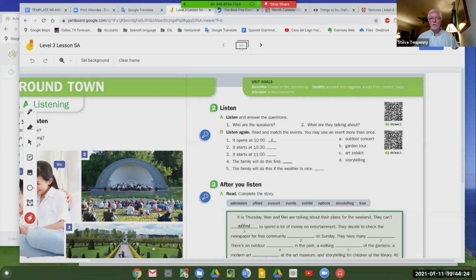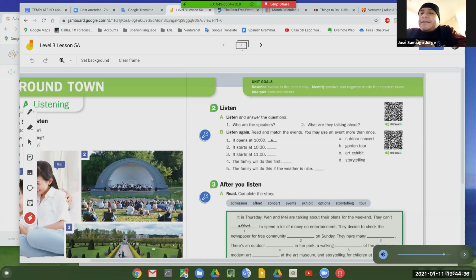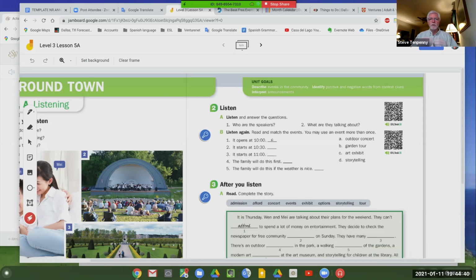Where were they looking to find what they wanted to do? Were they looking on their computer? No, it's in the newspaper. Yes, good. So they were looking in the newspaper, and you could hear the paper making noise when they were